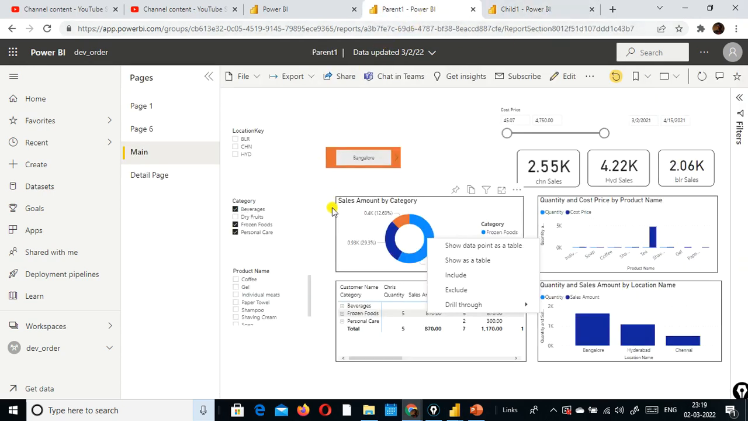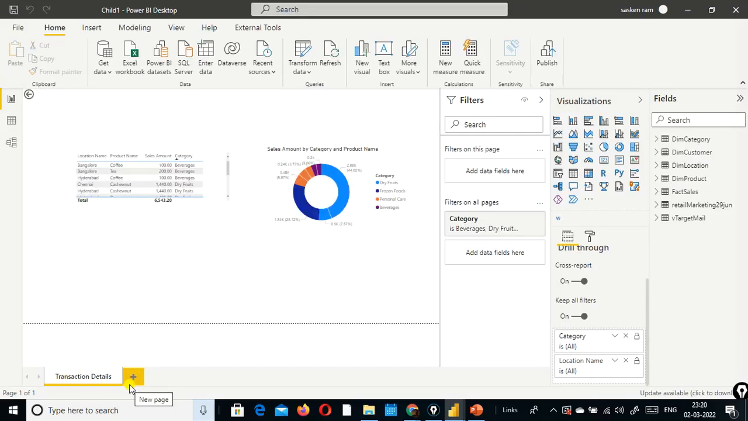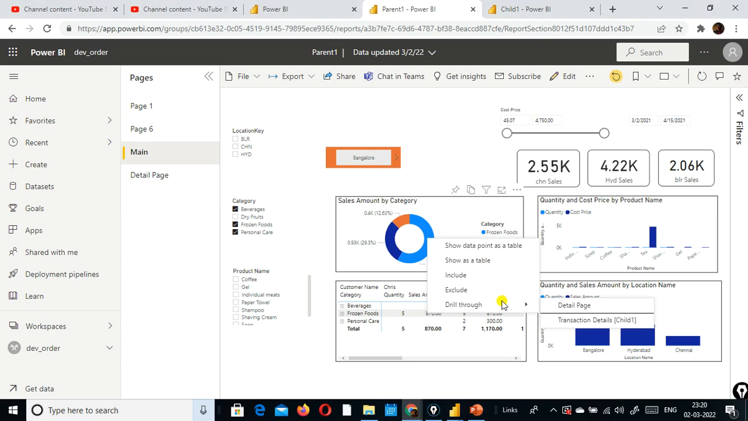Here the parent one, I think it is not refreshed. Yeah, look here. When you hover the cursor here, you see detail page, and just beneath this you will find transaction detail child 1. The child 1 page name is transaction details. So either you want to navigate to the detail page within this parent 1 report, or you want to go to another report file. So this is another report file. When you click on this,